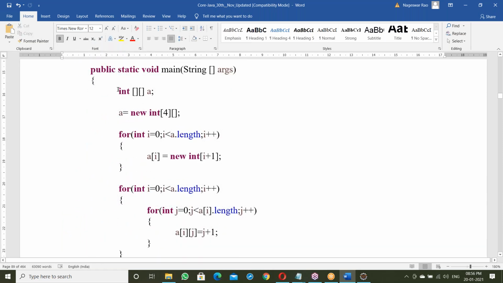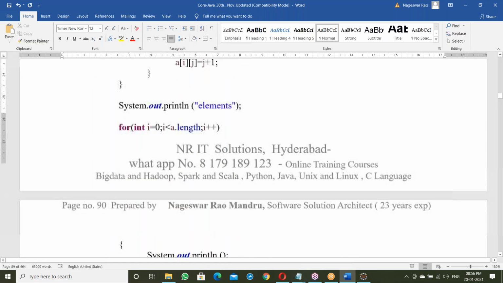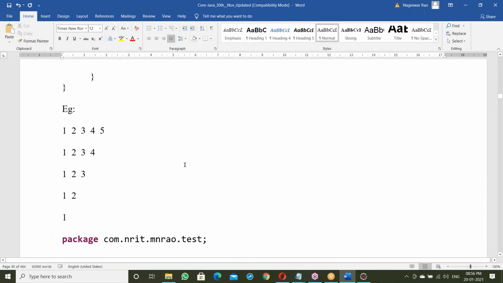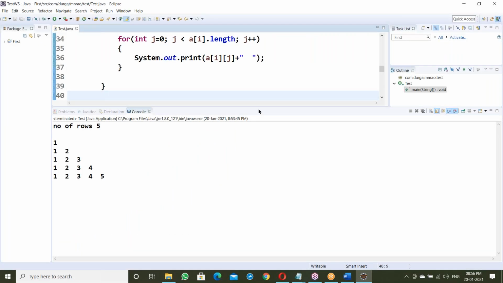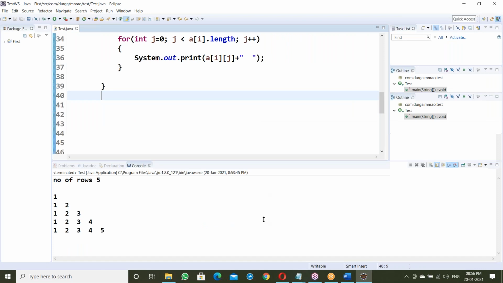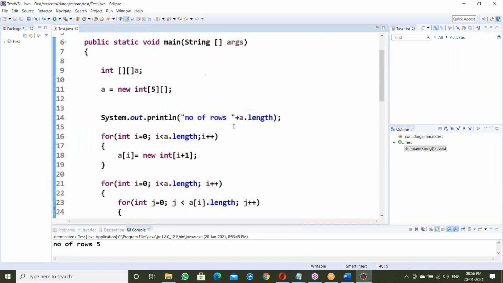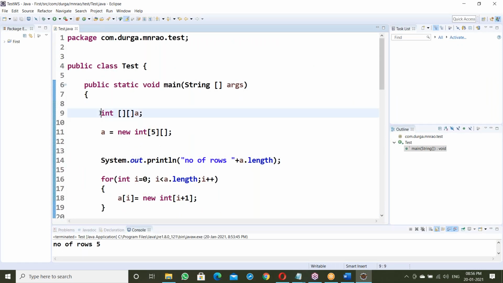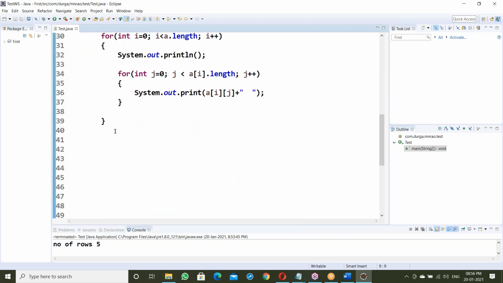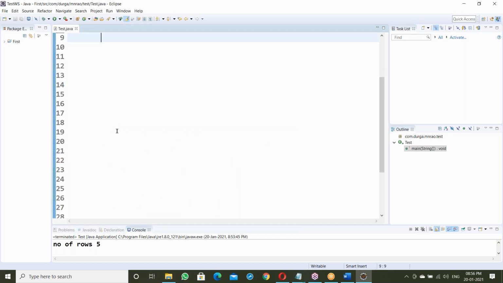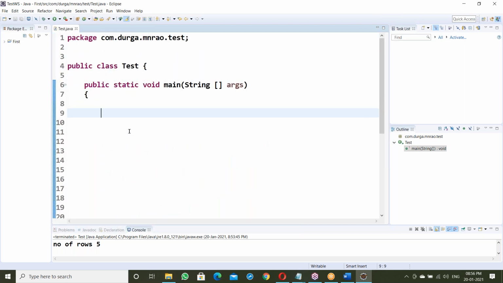For the above program, the array declares a equal to 4 rows. Okay, let us say 5 rows, same. That's it here. Now the requirement is this. Anyone can start. Yes, start now. What is the first step?